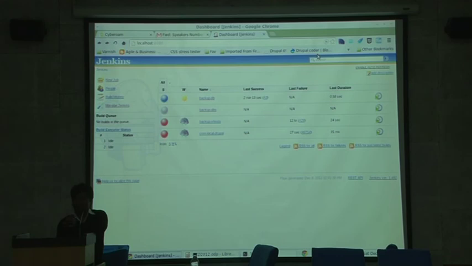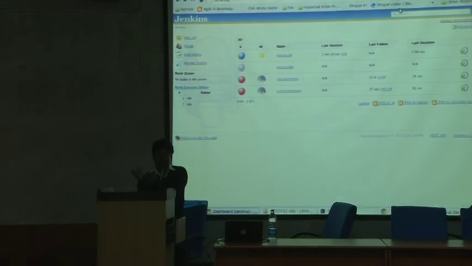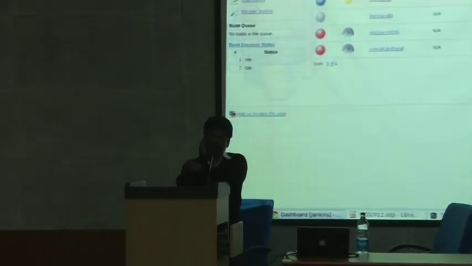Yeah, so as I referred, these are the things that Jenkins takes care of. So let's say you have to move your DB from production to dev, or dev to production, that is one scenario. The second scenario could be you have to sync the files from the dev to your staging, or from staging to the production, or vice versa. So these are the different scenarios that I can think of in the case of Drupal.